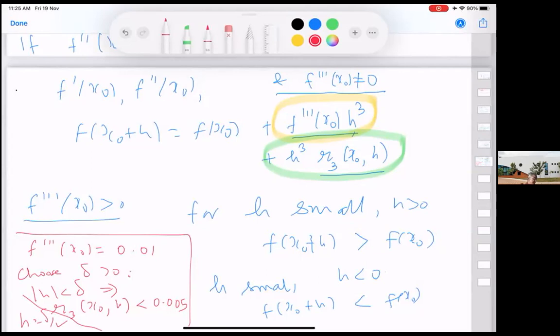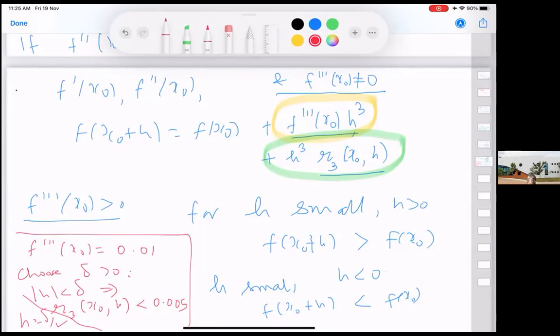So the argument which I have written in the bottom left corner is basically the argument which says that once the green circle term is some quantity times h cube, the other green encircle term is h cube times some function which is going to 0. So effectively, when you add the two, we can ignore the green encircle term and the sign of that sum will be same as the sign of the yellow encircle term. Okay, so this one dominates. The yellow encircle term dominates.